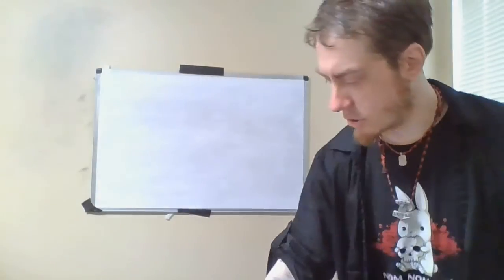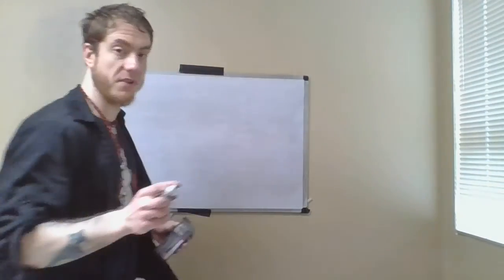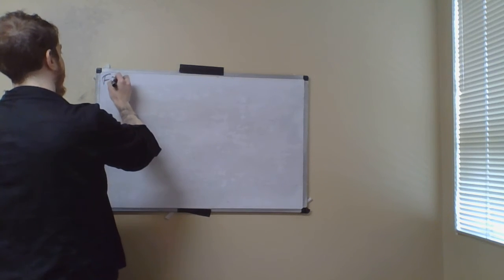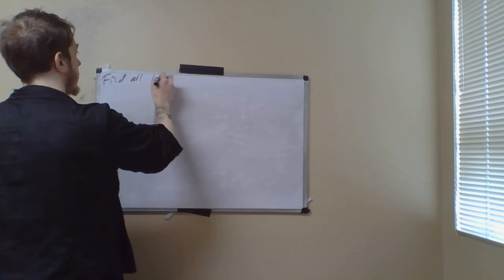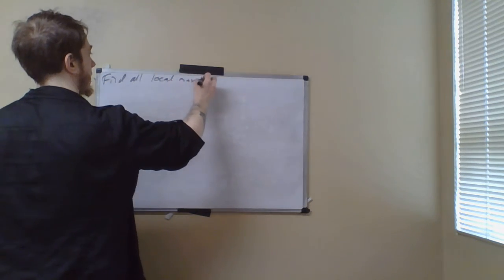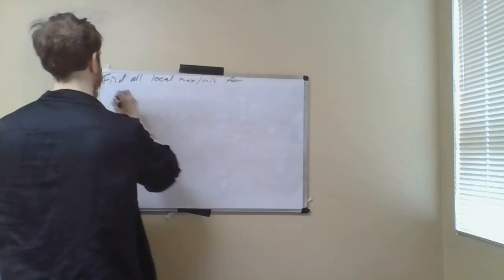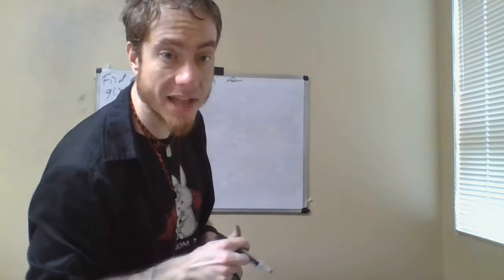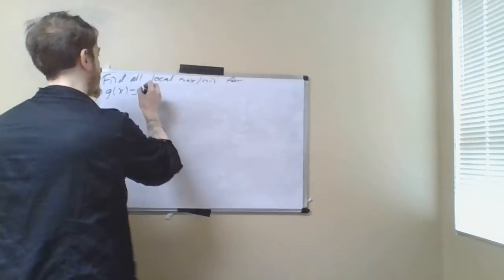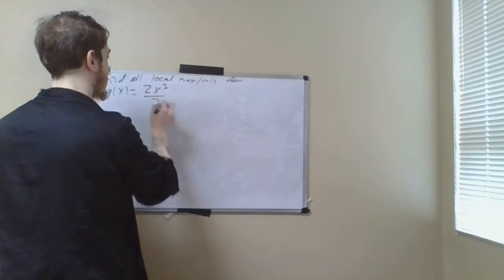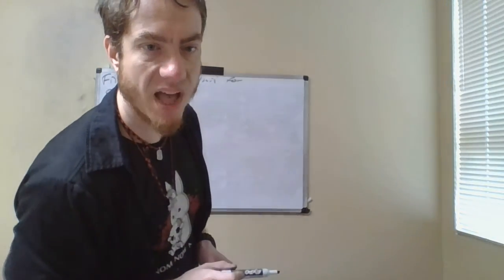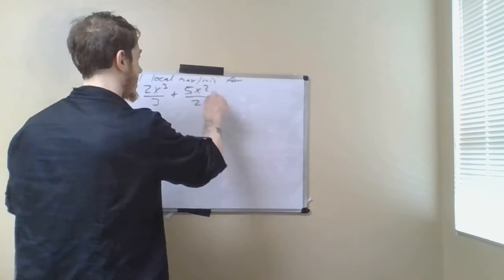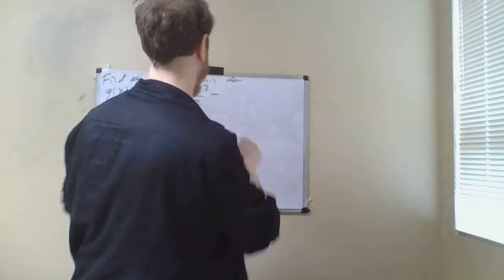All right, here we go. So let's see, and I want you to pause the video and take a few minutes to try to solve this on your own. Find all local maxima and minima for the function g of x is equal to, let's make sure that I've got this right, we're going to have 2x cubed over 3 plus 5x squared over 2 minus 12x